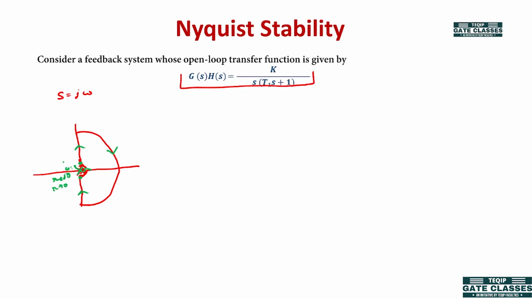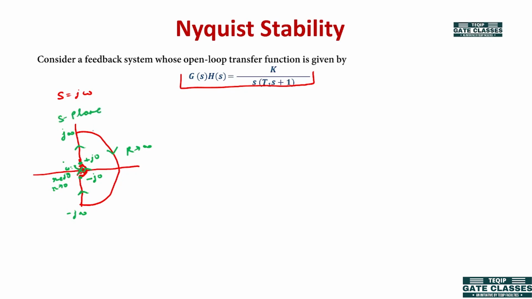That means this is a semicircle of very small radius. This point is plus j0 and this point is minus j0, this point is minus j infinity, this point is plus j infinity, and this entire curve is r tends to infinity. So this is our Nyquist contour in the S plane,